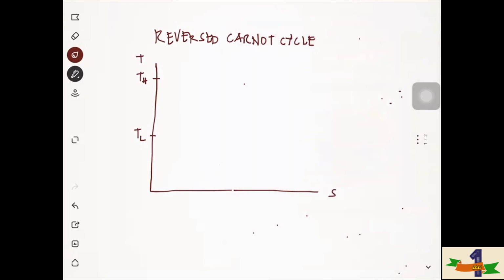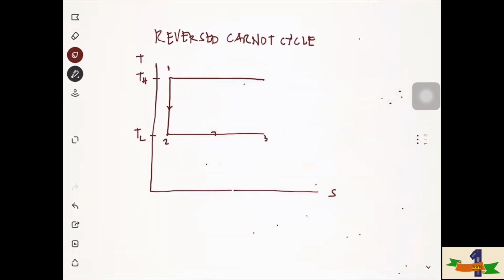Okay, so this one, we have a cycle. So for example, this is our point 1 to point 2, point 1 to point 2, that is considered to be isentropic, and point 2